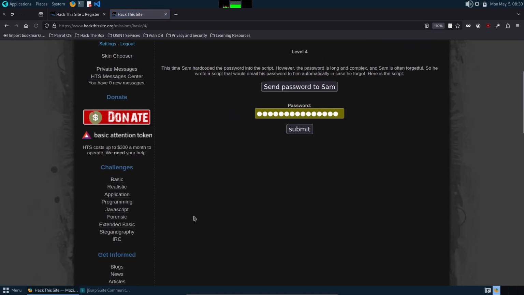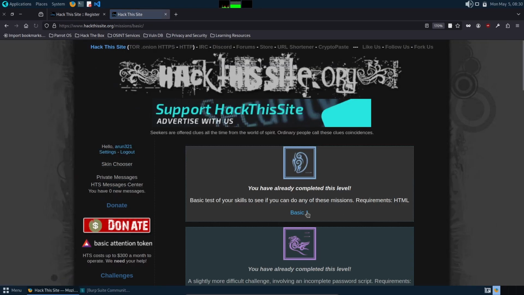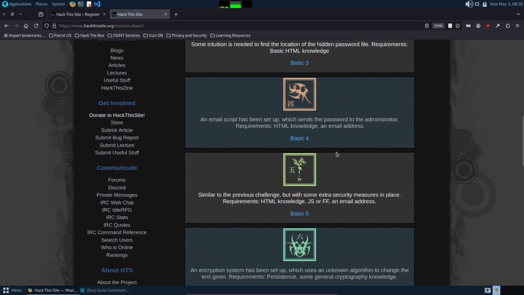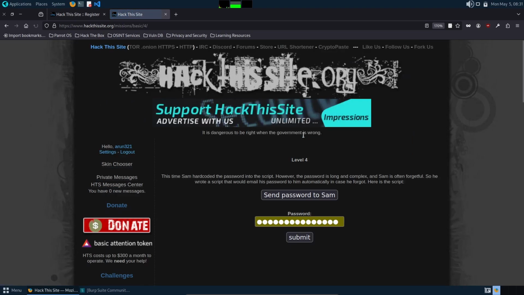As I always mentioned, I need to move here and read the description. So this is Basic 4. An email script has been set up which sends the password to the administrator. Requirements: HTML knowledge and an email address. So basically, an email script is set up which sends the password to the administrator. So that means,